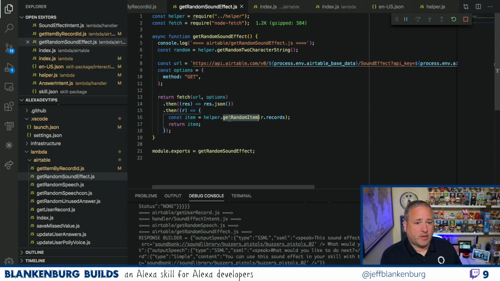Now, as you guys know, if you watch me, if I find a better way, I'll be the first one to admit this is not perfect. I'm happy to change this to another thing, but I just haven't found a better way. Not knowing the number of records in the table, I haven't found a way to, without making multiple calls, be able to figure out how to best grab a random record.